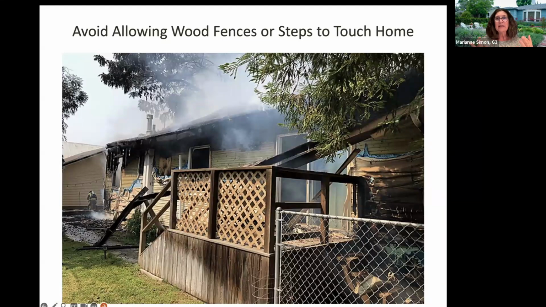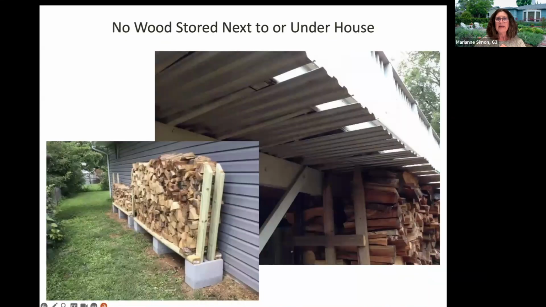And then this makes complete sense. You've done all of this work with the right kind of roof, the right kind of siding, and then you've got a wooden fence, wooden steps that actually touch the home. And it just takes a little bit for that wood to catch, and then the fire spreads, and then all of a sudden it is literally at your front door. So change it out for something different. And I'll show you some examples in the next section.